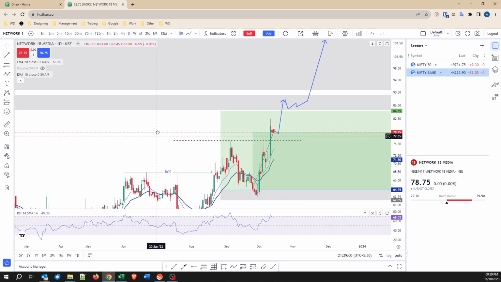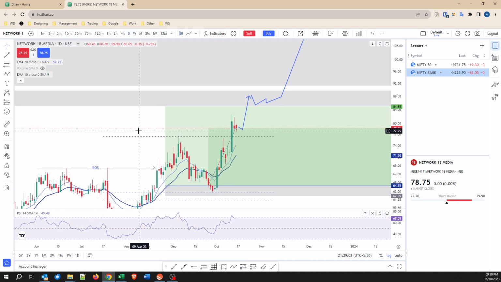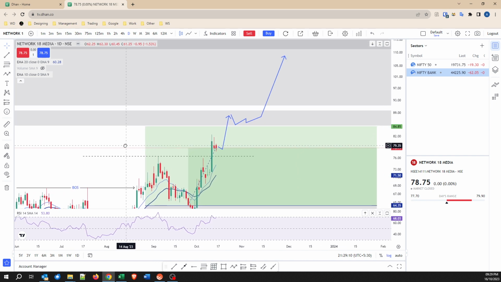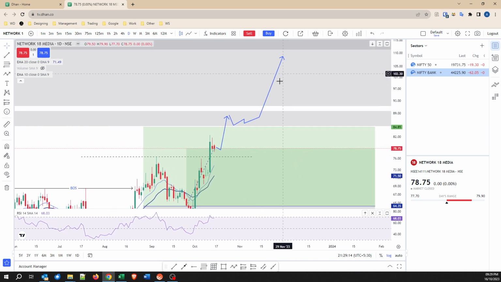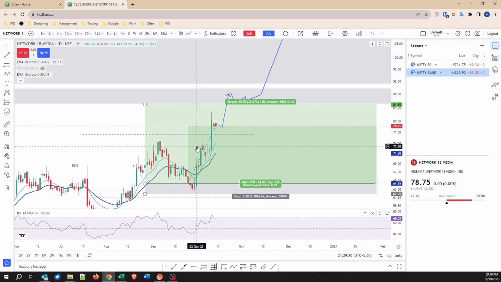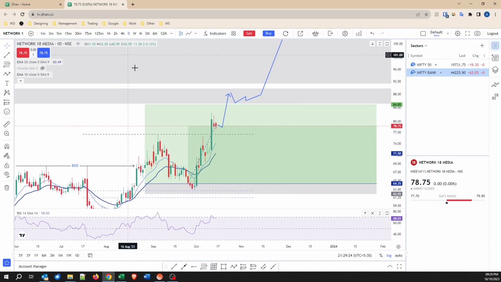It is pretty good. Media companies are doing well. We caught Zee also previously, around 60% or 50% in around 1 month. That was a very good move for us. And we're expecting Network 18 also to give us a good momentum until there. Currently, I'm holding it around a 20 to 23% move, I believe.